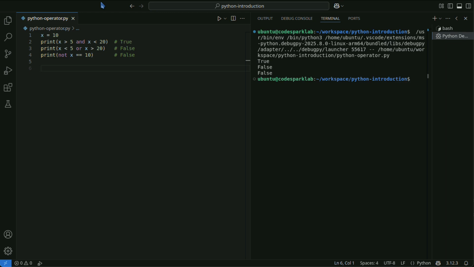Or is a logical operator that returns true if either the left or right condition is true. Not is a logical operator that inverts the truth value of a condition. If it is true, it becomes false, and if it is false, it becomes true.